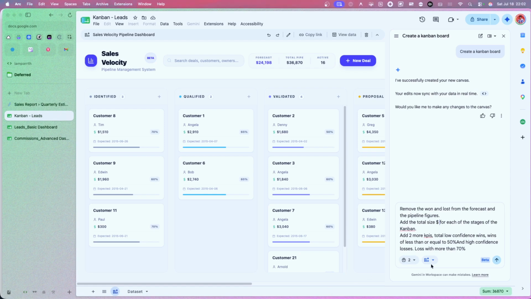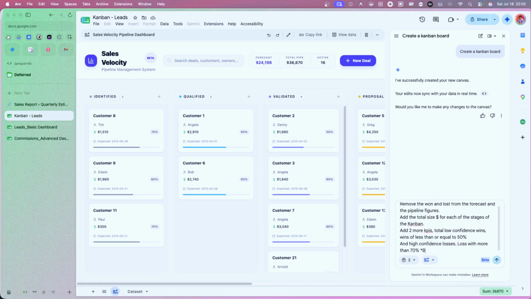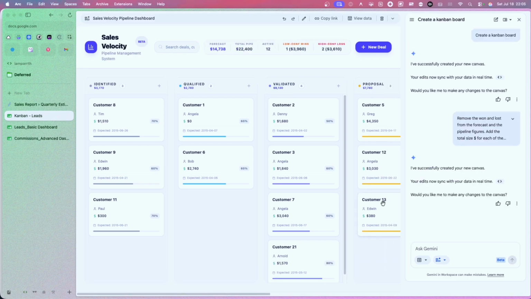Then I want to add two more KPIs: total number of low confidence wins, and total high confidence wins. I want both the numbers as well as the dollar amounts. So we need this data. Let's make it 50%. Again, it takes a bit of time. I'll be back. So it has completed the process,